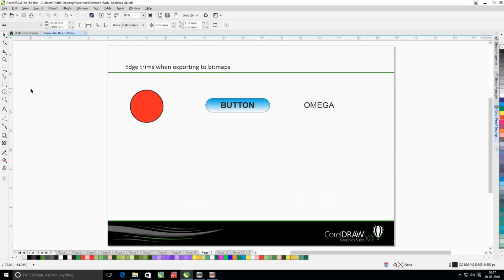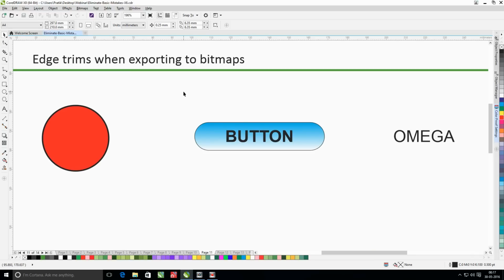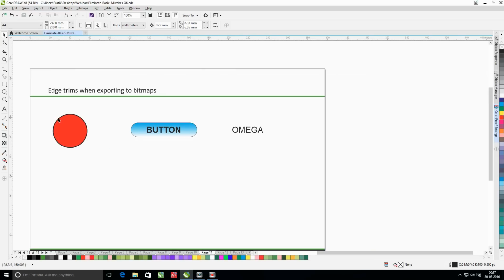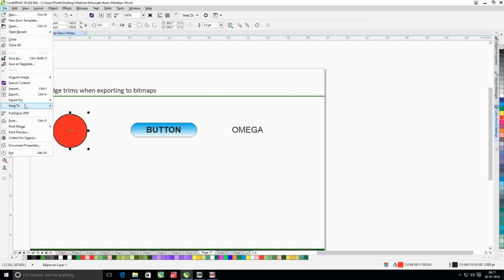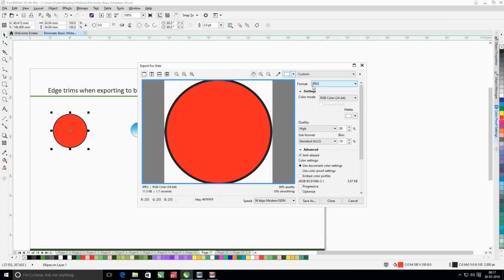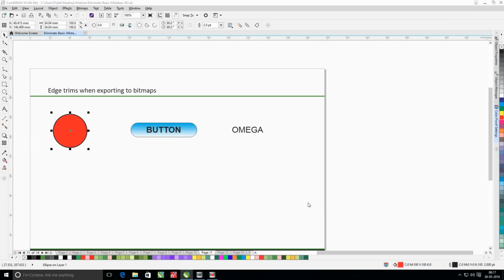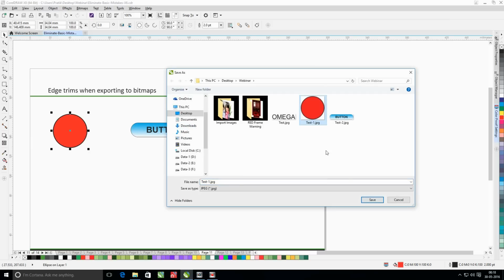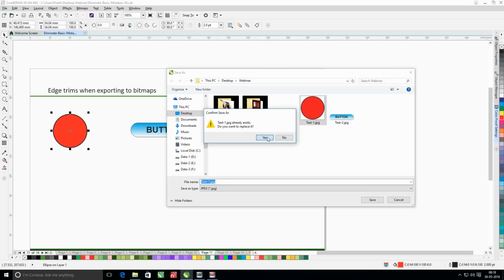Another problem that users face is when they try to export objects with round edges to bitmaps. There seems to be some trimming occurring at the edges of the object. For example, I select this red circle, and I try to export this for web, and I'll select this JPEG option as it is, and I'll save as test1.